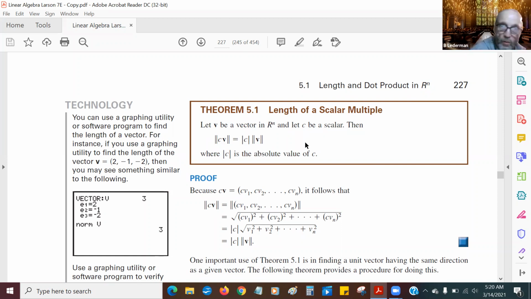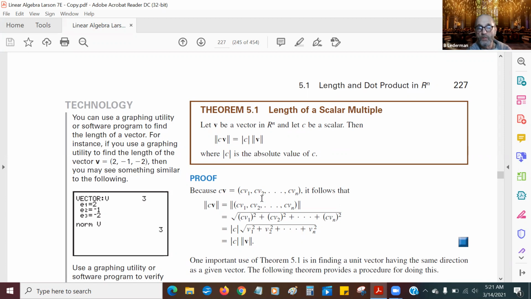So in other words, when we multiply a vector by a scalar, for example, if we multiply a vector times 2, the magnitude doubles. If we multiply a vector times -3, the magnitude triples. You see what I'm saying? That's what this theorem is saying. It's really very easy to prove, because